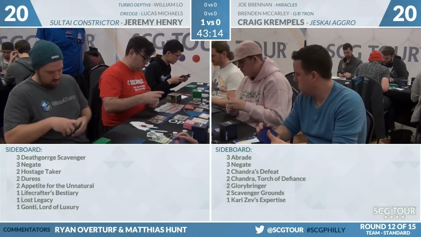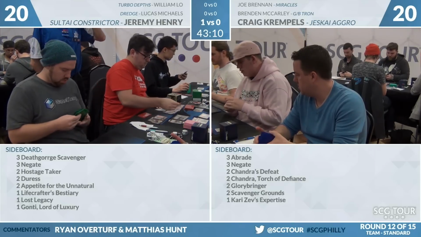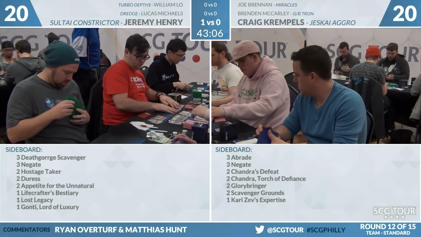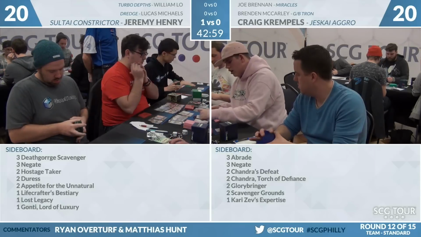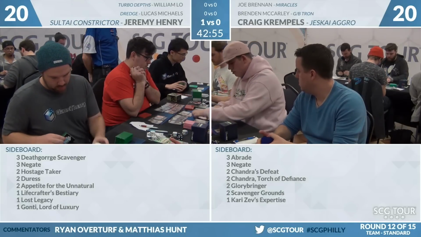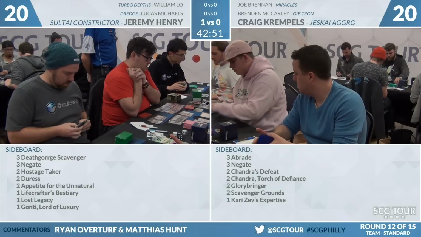Yeah. So when we look at the sideboards, let's look at Craig Krempels' first. Yes, we have 3 copies of Abrade, 3 Negate. That's your blue splash there. 2 Chandra's Defeat, 2 Chandra, Torch of Defiance, 2 Glorybringer, 2 Scavenger Grounds, and a Kari Zev's Expertise. Kari Zev's Expertise is actually pretty interesting in this matchup. There's going to be some windows where you can just grab a creature and swing across for lethal with that